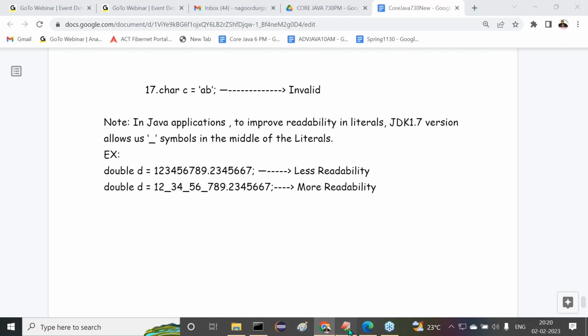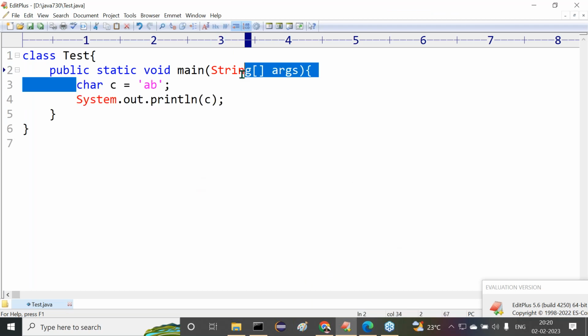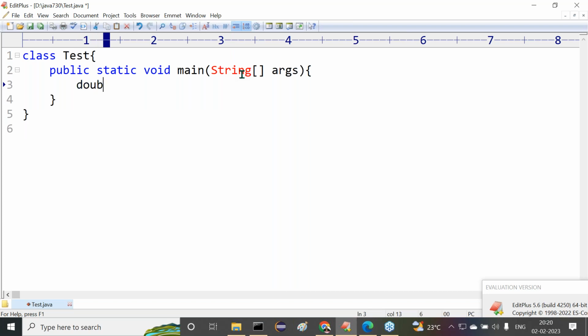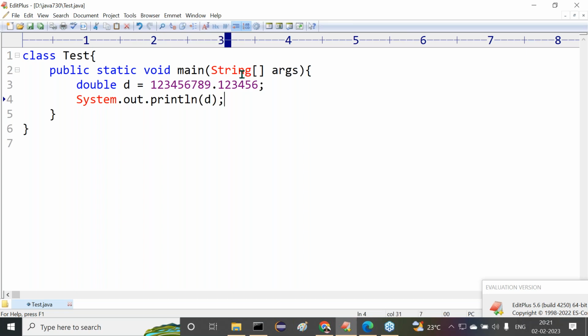Try to observe this clearly. One minute. Now here what we have to do: double d is equal to, something I have given here. System.out.println of d. That's our actual point here.